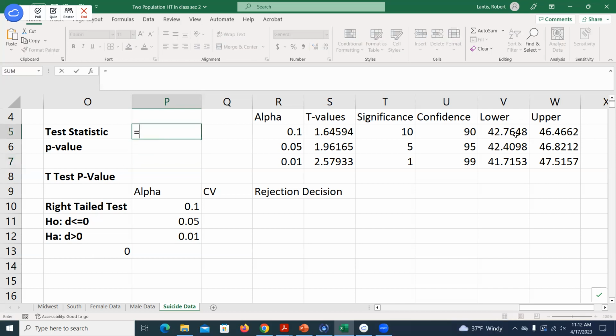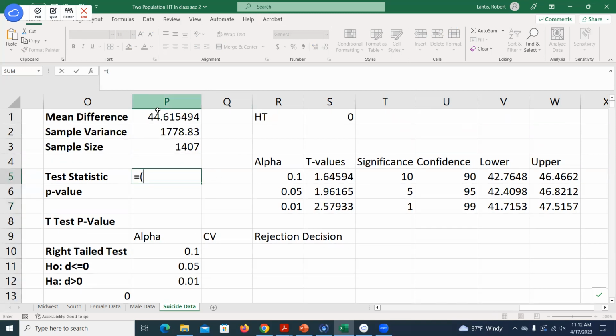So the first step is, well, I need my test statistic, right? It doesn't matter if I want the critical value or p-value approach, I need this test statistic. There's no nice built-in formula in Excel. This is just something we have to use Excel to be our calculator. So my numerator, I'm going to take that mean difference and then subtract my assumed true difference of 0. I'm then going to divide by the square root of my sample variance divided by my sample size. Right? I'm just looking at that formula and getting it entered into Excel, just using Excel to be my calculator. Okay. Now, if I hit enter here, right,